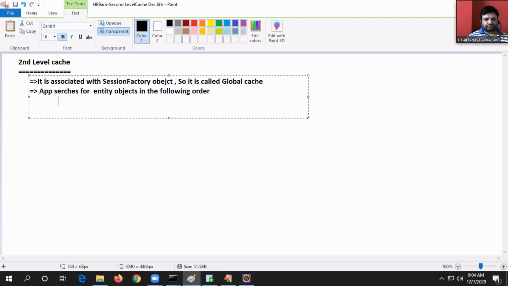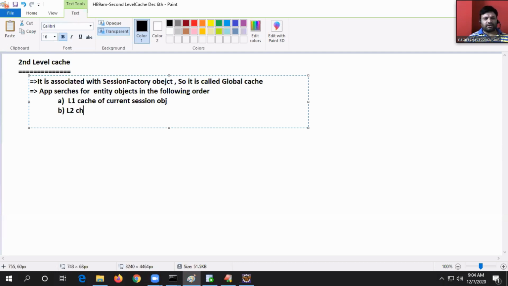First, the L1 cache of the current session object. Next, the L2 cache of the session factory object. If not there,